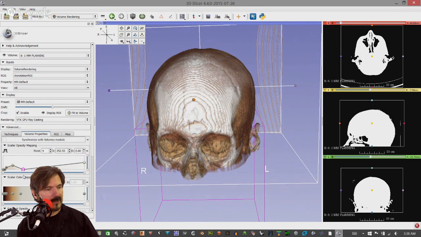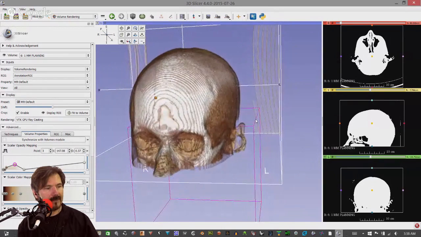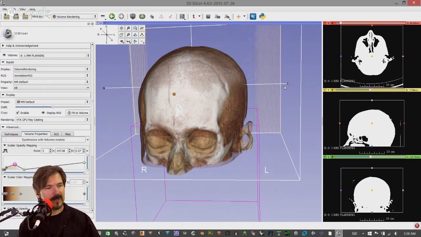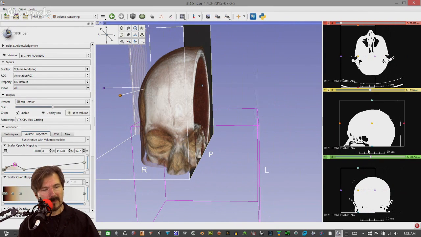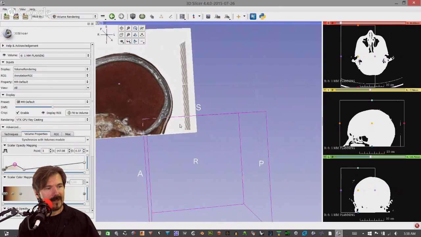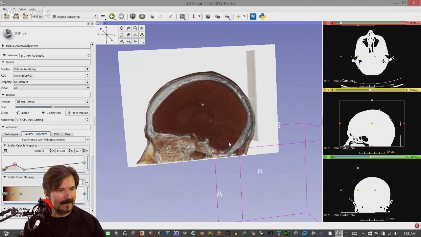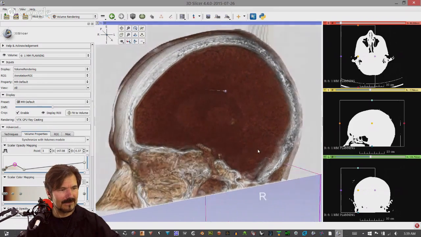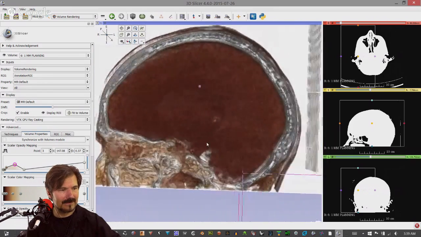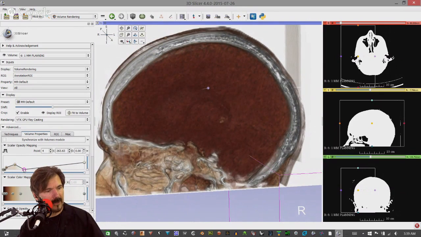Let's see what we can do. Notice how if I pull that down, I can almost get rid of the background there. So let's play with our region of interest. Let's look at this from the side. Again, remember, you can adjust it here or there. We have almost nothing in this. Actually, I shouldn't say that, it's just ghosted. So we could probably, if we brought this back up,